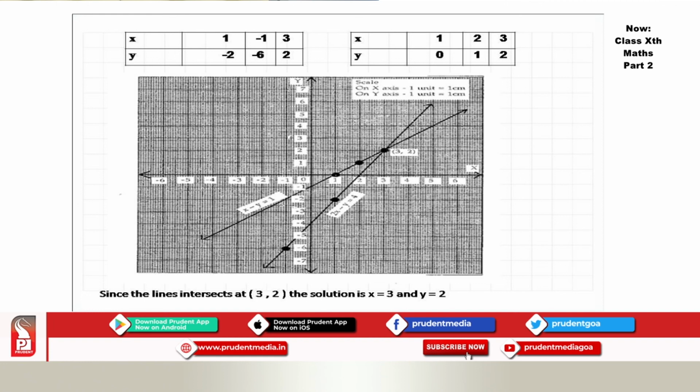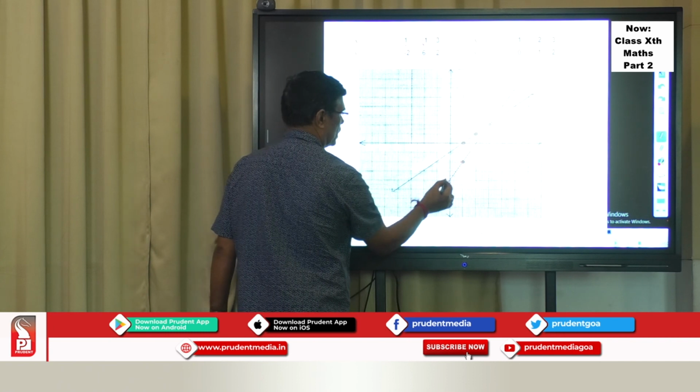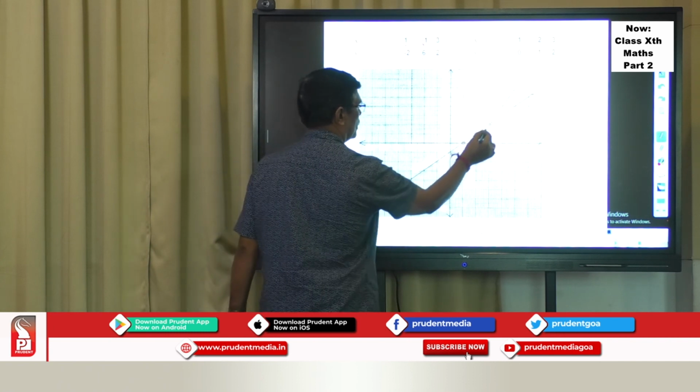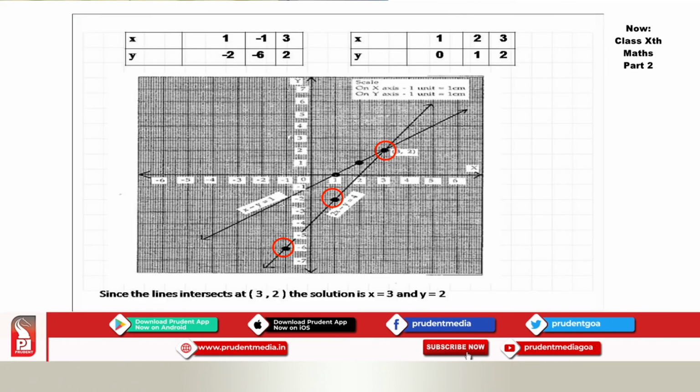Then third one is x is 3, y is 2. Where is x is 3? X is 3 is here, and y is 2. You have to go along with the x-axis on top till you reach 2. So third point is here. Now once we mark those points, we circle those points here like this. We circle all the points. Now once you circle those points, take a ruler and draw a line.